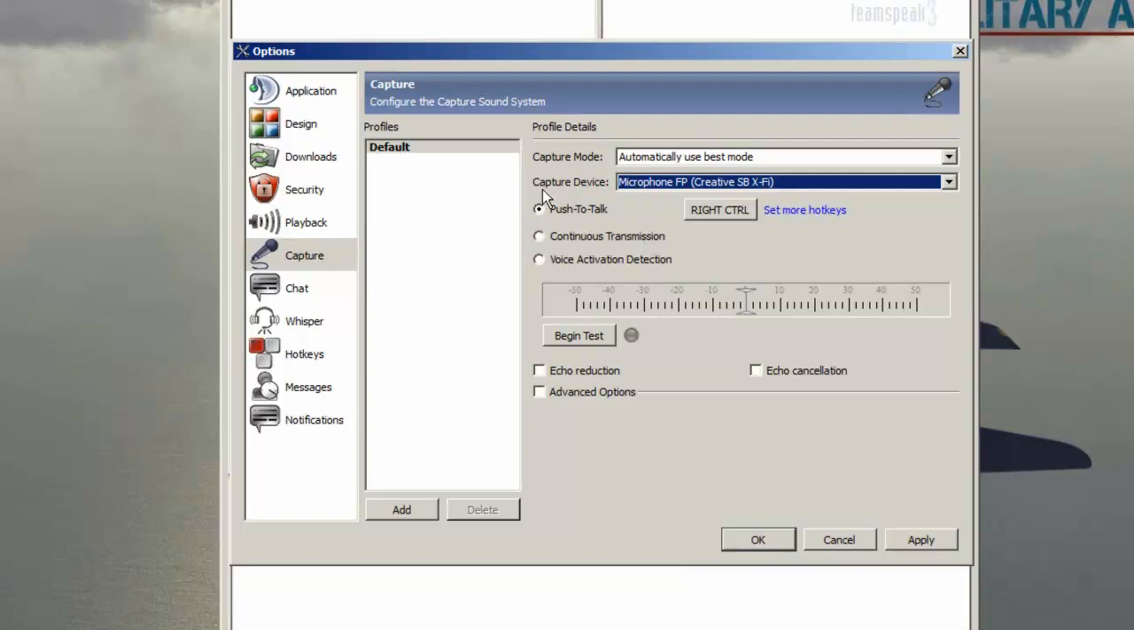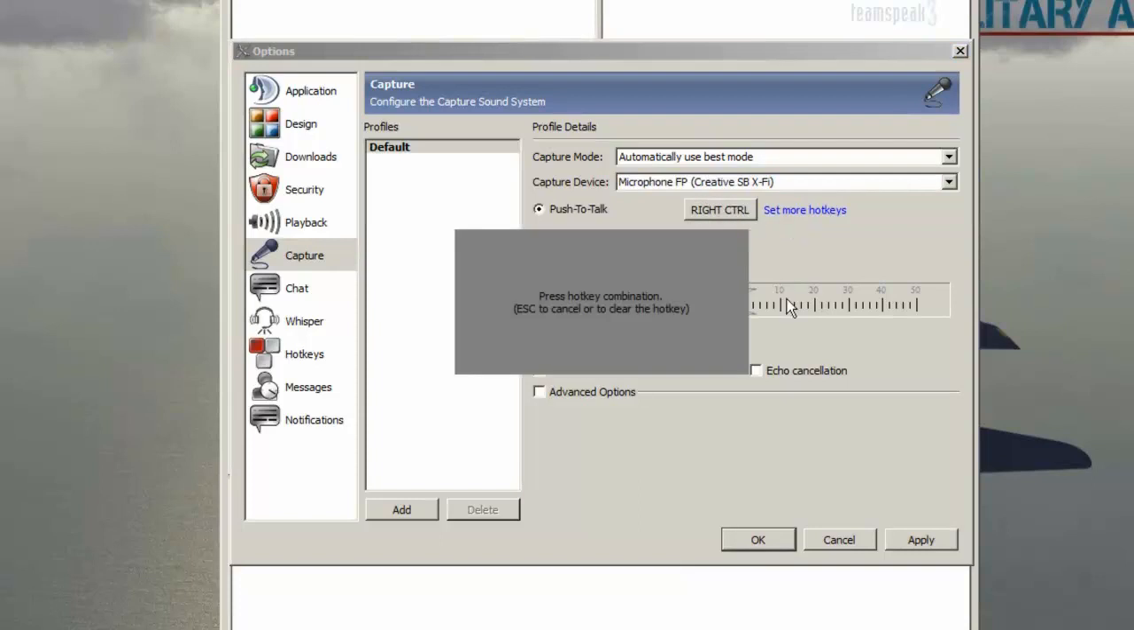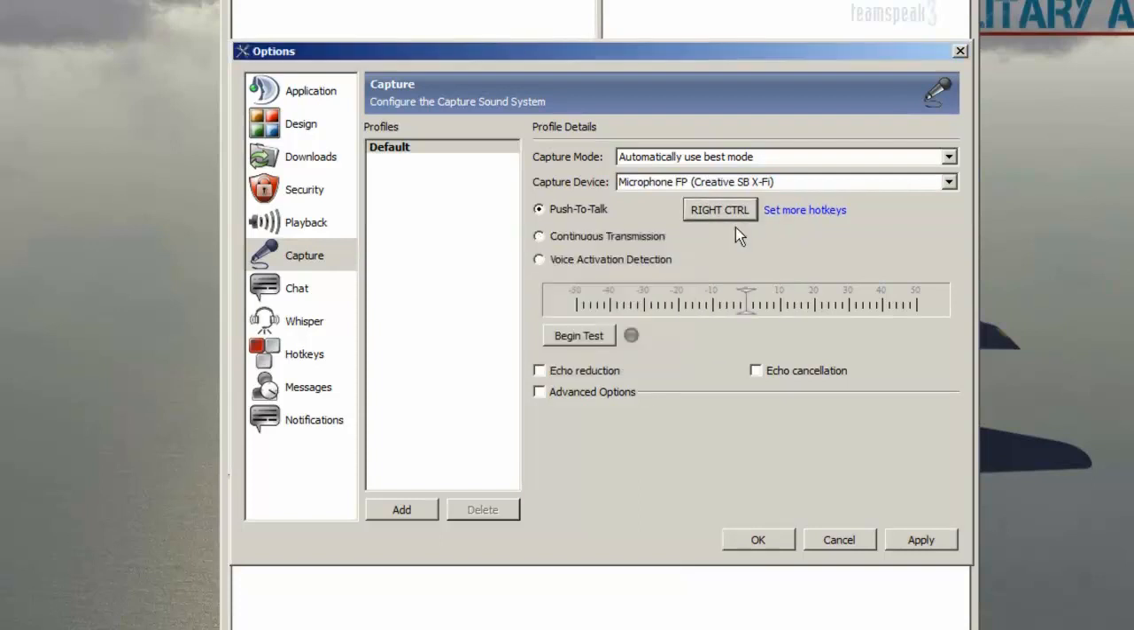So we always recommend to have a push to talk, and I've set mine to right control. All it's a case of doing is you press that, and then you press the button that you want to use as a push to talk. If you're not familiar with what a push to talk is, basically what happens is every time you want to transmit over the TeamSpeak server, you would press and hold your push to talk button and speak,